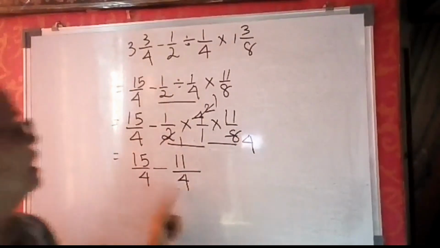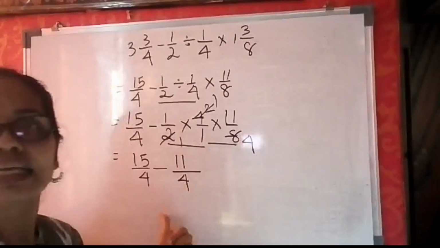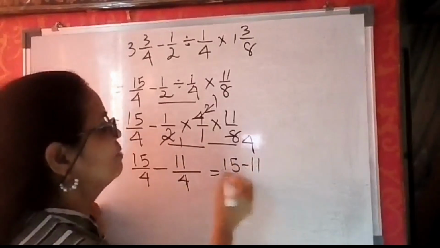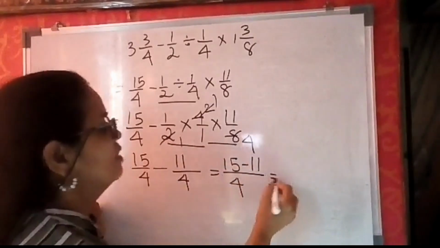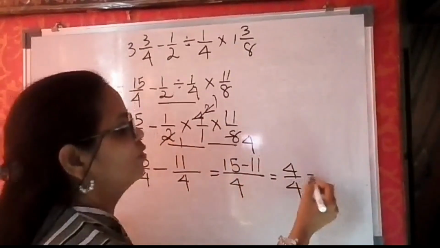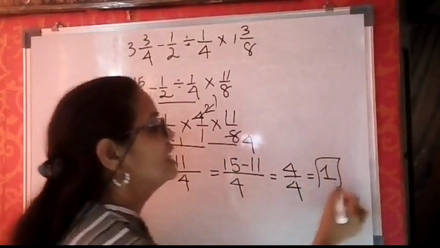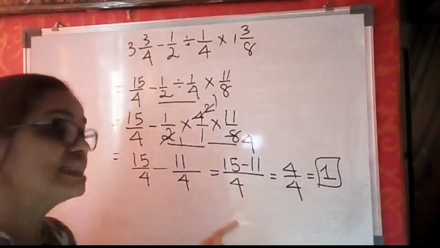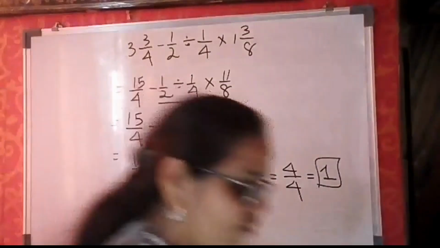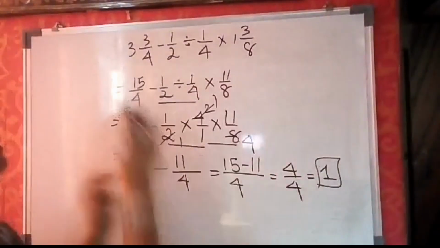Now children, these are like fractions. So directly you can subtract: 15 minus 11 by 4, which is equal to 4 upon 4, and your answer is 1. Simple. Why is it simple? Because now you know the trick. So it is simple. One more sum I am showing you,